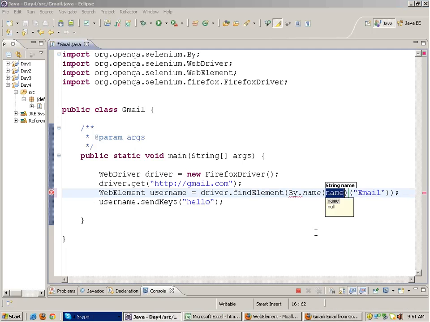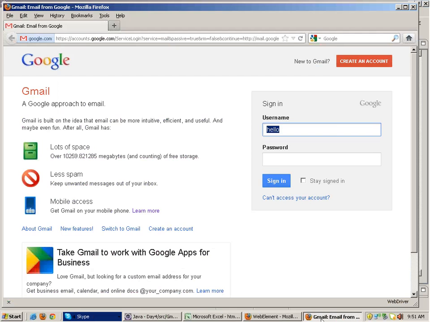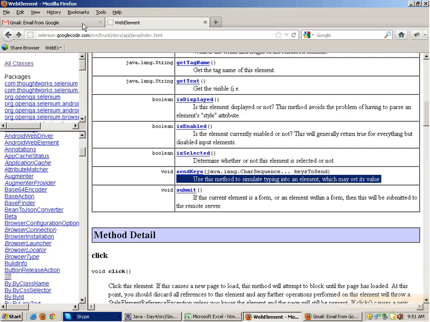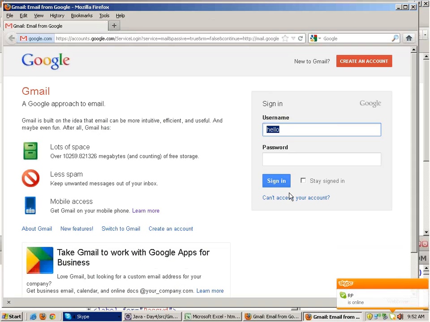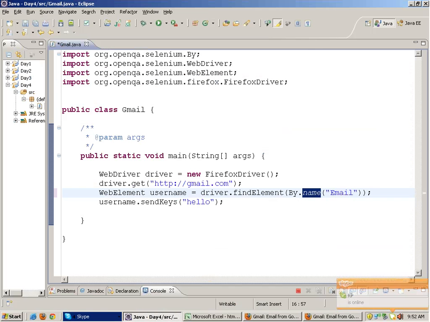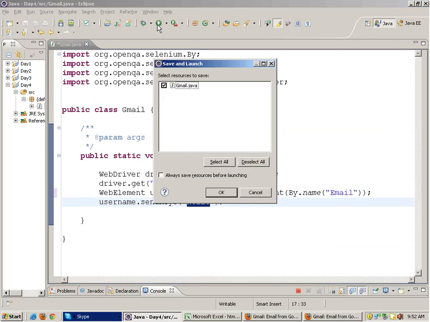I can also use the name attribute. If you look at this, the name of this field is email, which is unique. So I can write email over here, extract it, and type something into the email as well. Again, hello, I can write into it. If you run this,